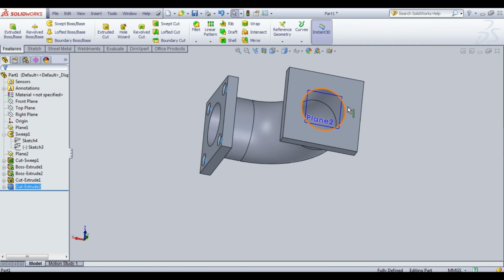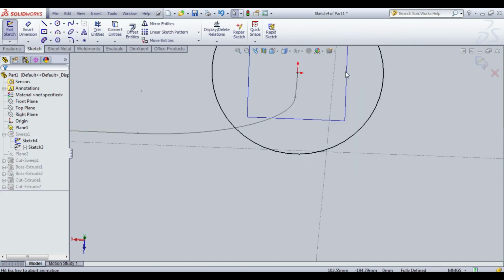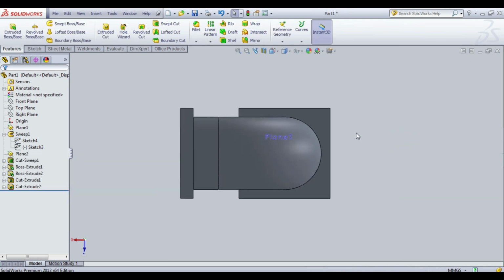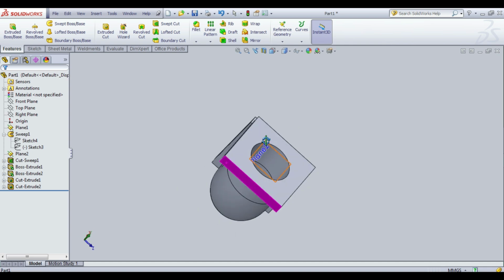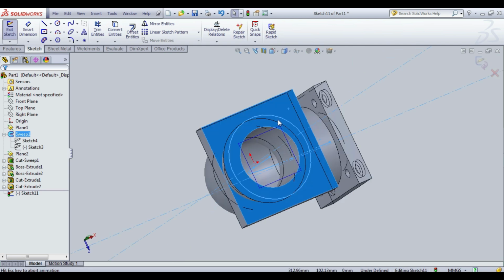Again you will do the other side. Click that face. Edit sketch.